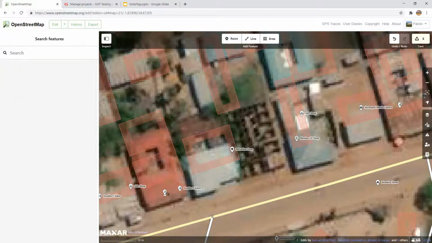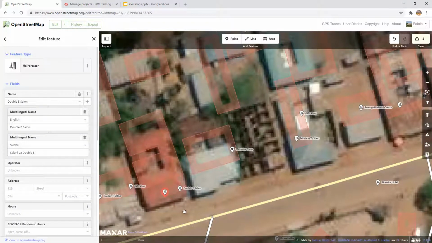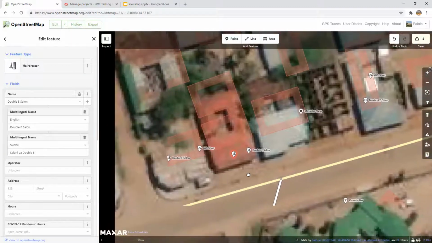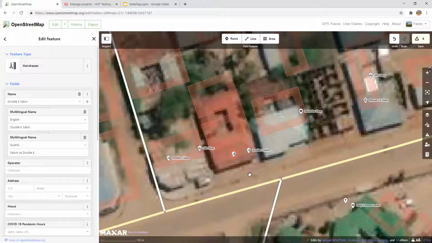Yeah, mind you, there are buildings which have more than one activity. You can have one building, but the place in the building is subdivided. You have a Mitumba shop, and within the building you have a salon. Sure, that's fine, I understand. So here we have gift shop and Double E salon, but we have 3 tags. Yes, Double E salon here, here, and here. And so we need to